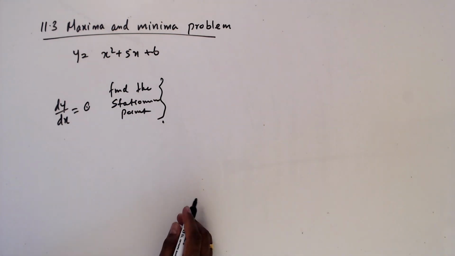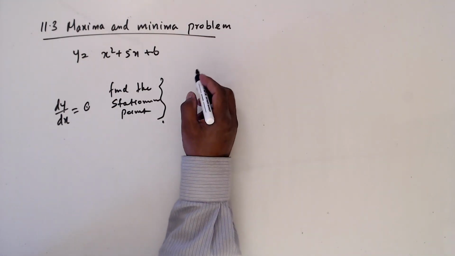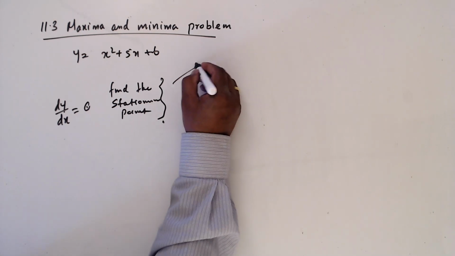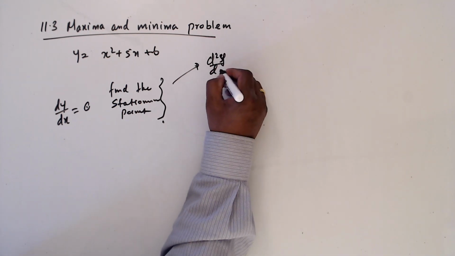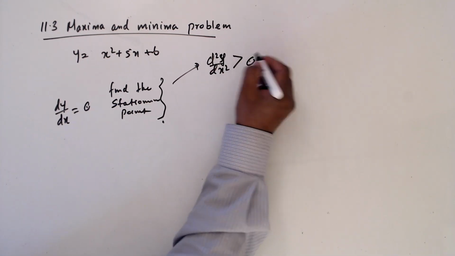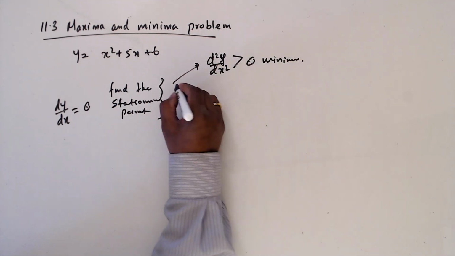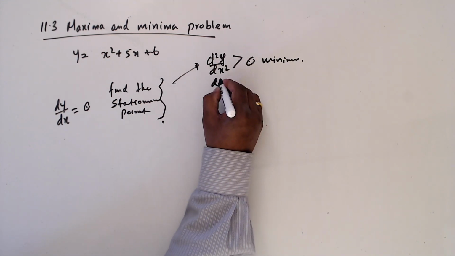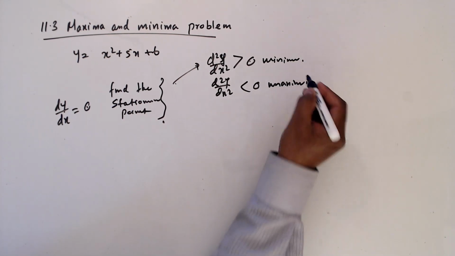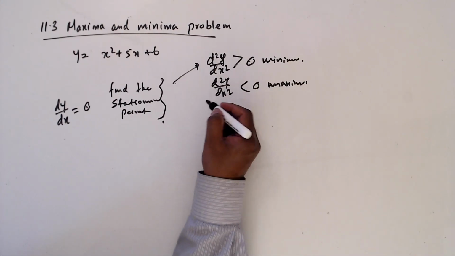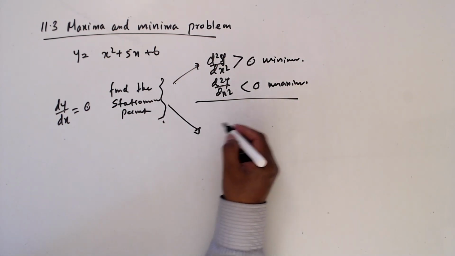Then we will check whether this stationary point is a minimum or maximum, in one of two ways. If d squared y over dx squared is greater than 0, this is a minimum, and if d squared y over dx squared is less than 0, then it is a maximum. So this is one way of looking at it. The second way is we have to study the gradient. So assume we have